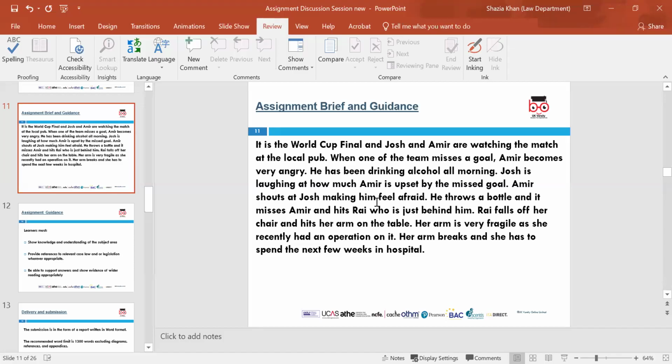Now, in reference to criminal negligence, if Amir was aware of the risk that his actions could harm others but still chose to throw the bottle, he could be charged with causing injury by criminal negligence, especially given that Rai's arm was fragile from her having the recent operation. In regard